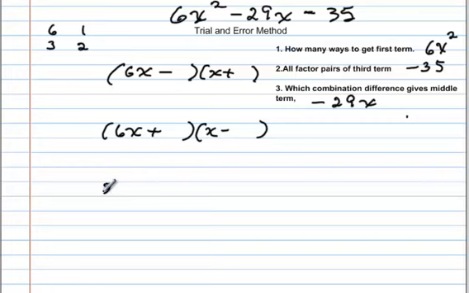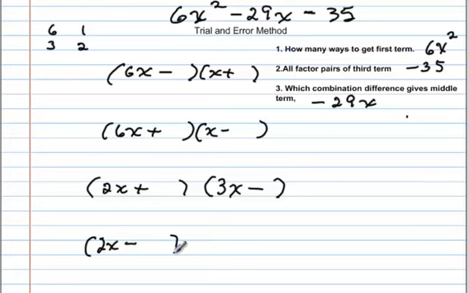Well, we could have a 2x plus. We could have a 3x minus. Or we could have a 2x minus and a 3x plus. So with that, we will look at the second step, which is to get the factor